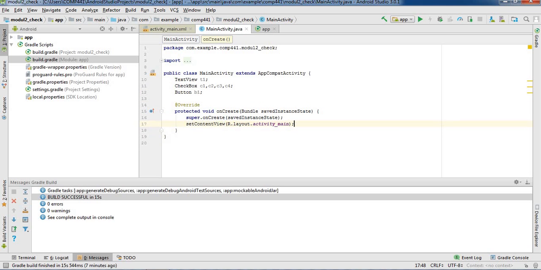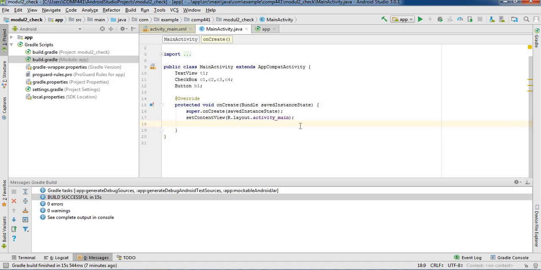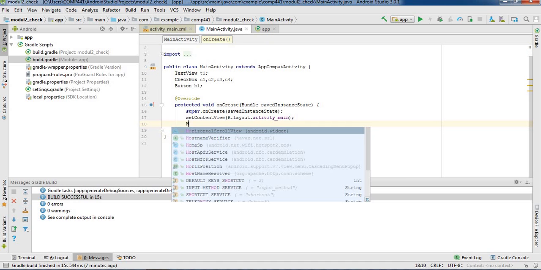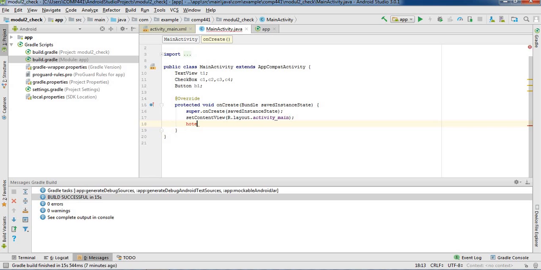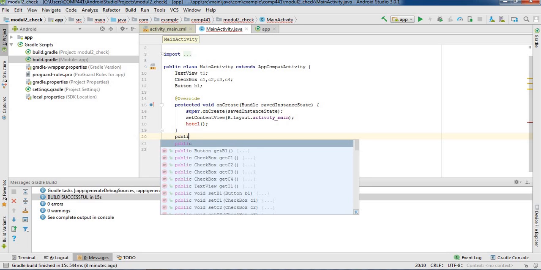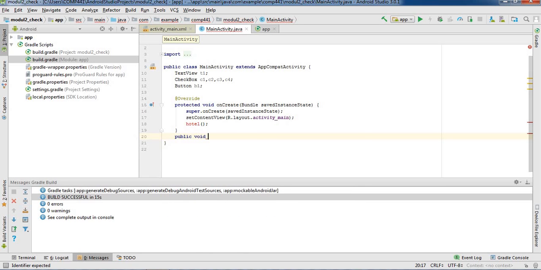We have to form our own method, like hotel is my method, and to accomplish this we write public void hotel, open parenthesis and close parenthesis, and we write the code over here.